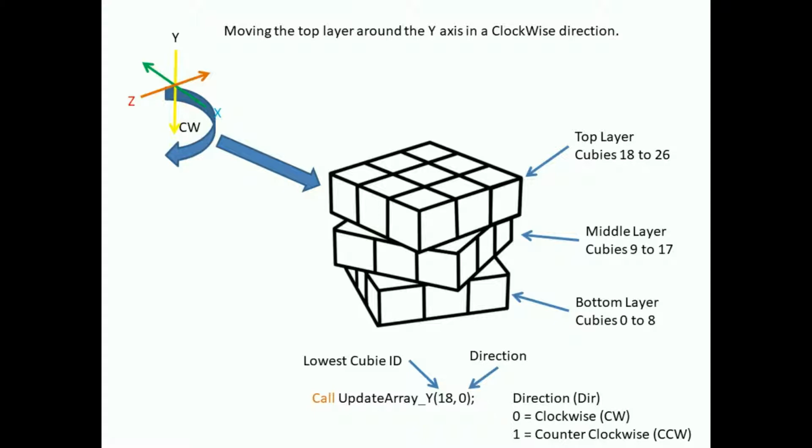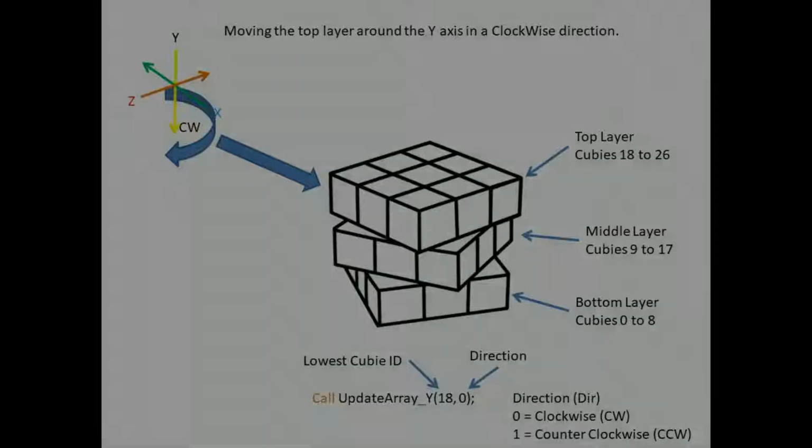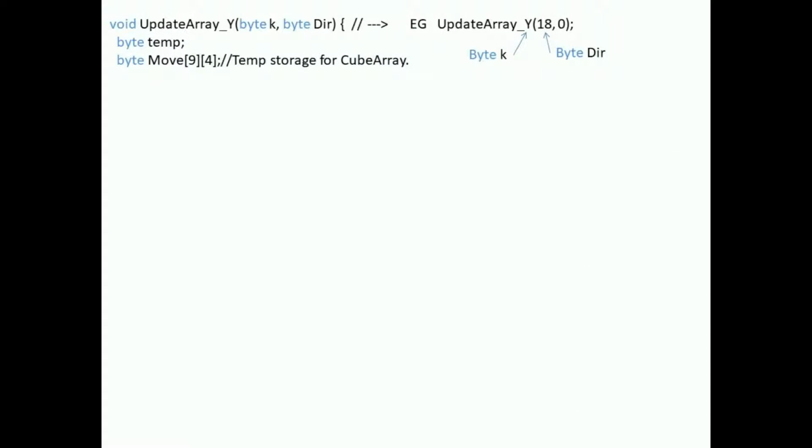So let's look at one of the subroutines for updating the cube array. This one is update array y. Obviously we're updating in the y-axis. When we called it, we already gave it 2 values, so k became 18 and dir is 0. We also need a couple of other variables for the job. Temp, which we'll use at the end, and move